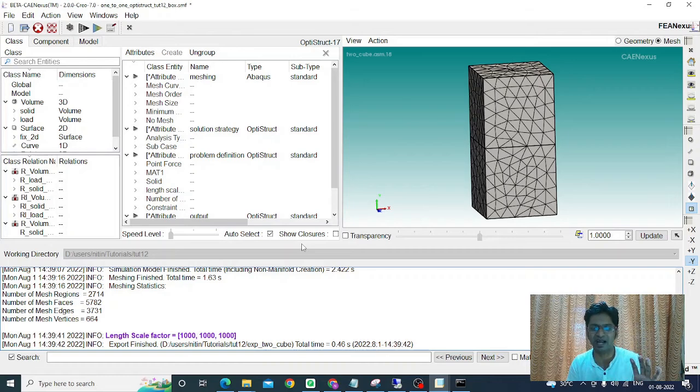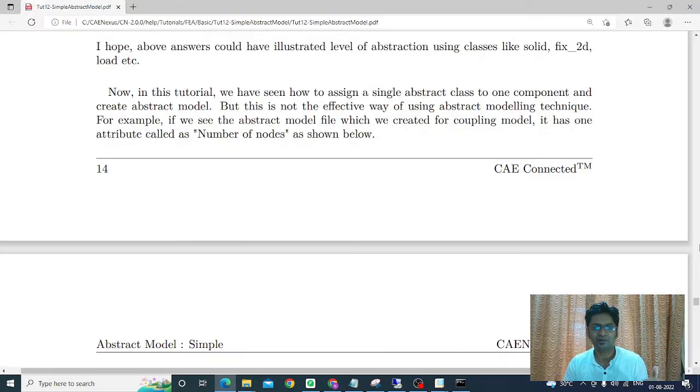So we just created an abstract model file for coupling assembly. We just modified one attribute for this 2 cube assembly, and we could create the input deck for both these assemblies. So this is the automation we could achieve with the help of this approach, that is one-to-one abstract model file creation, where we just assign a single class to single component and we use those classes to create the abstract model file. Now, this one-to-one approach is not the best way or not the effective way of